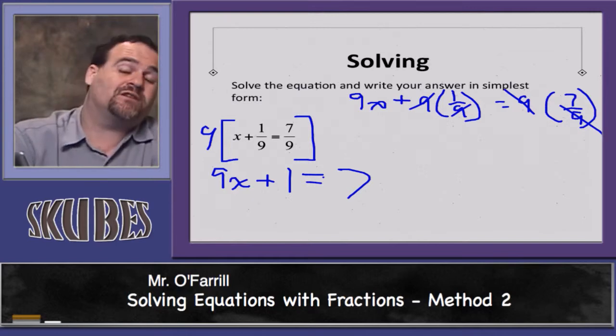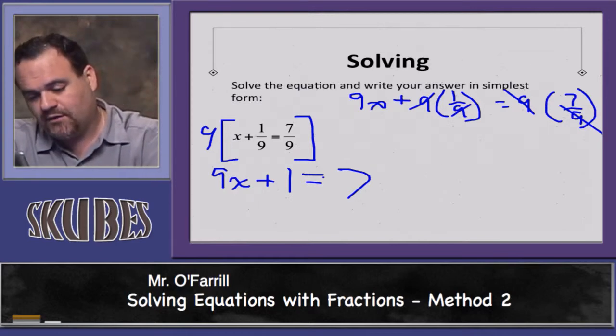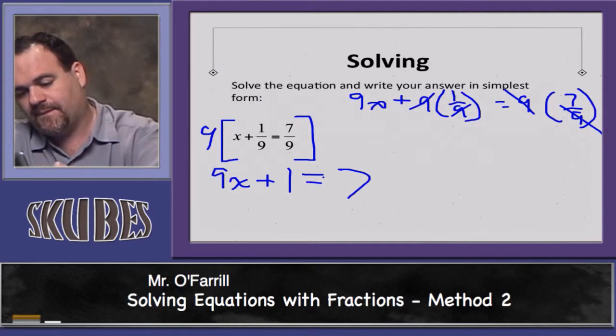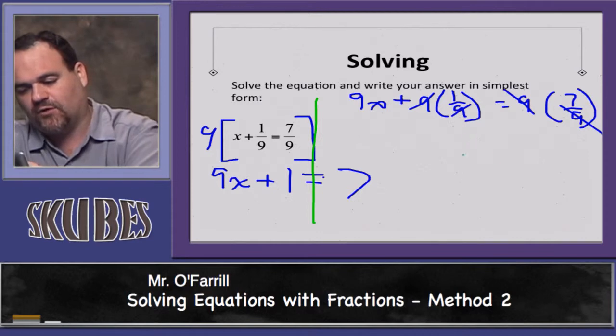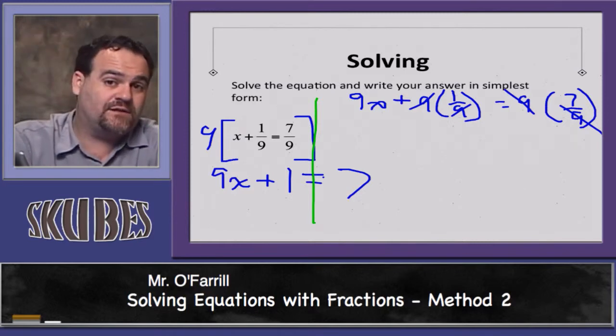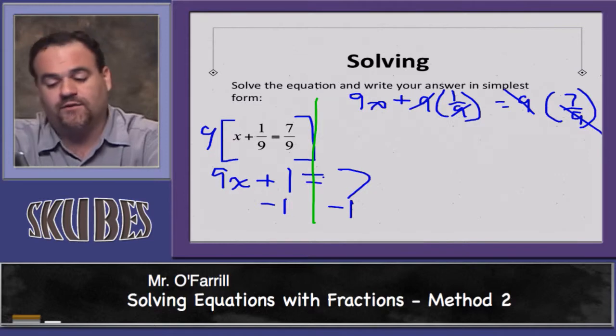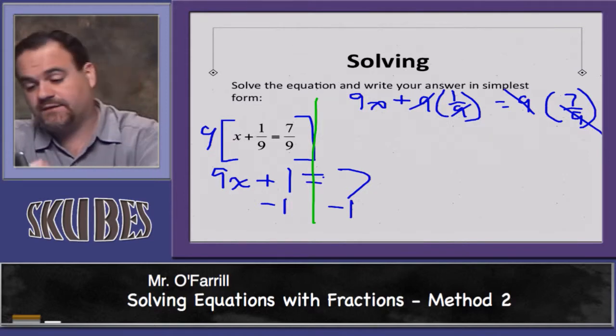It's much like a problem that we would have worked earlier. So I'm going to go ahead and put in my balance line. I'm going to run out of a little bit of space here, so I'm going to have to finish up my work in this section. But the first thing we want to do is get rid of the addition. We'll do that by subtracting 1 from either side. That's going to give us